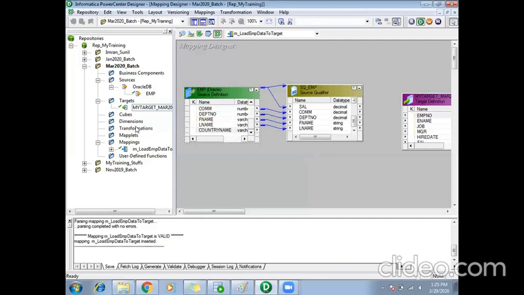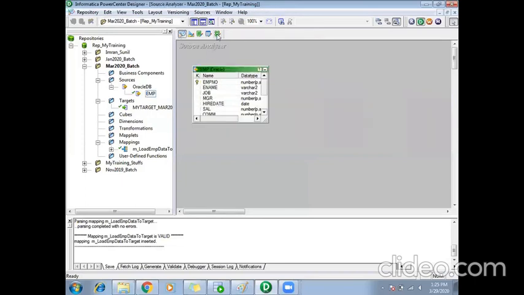So if your team member was working on another requirement and he was using the EMP table, again he will create a new mapping, something like this, and he'll use this EMP. So the source EMP in Informatica will be the same as what is there in my table. As per their requirement, the developer can alter it in their mapping. So you are not supposed to make any changes in your source analyzer. Okay.